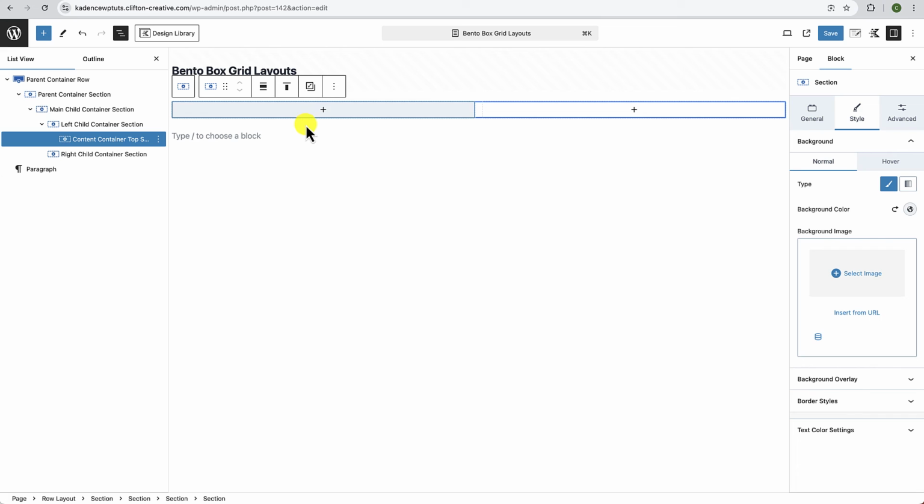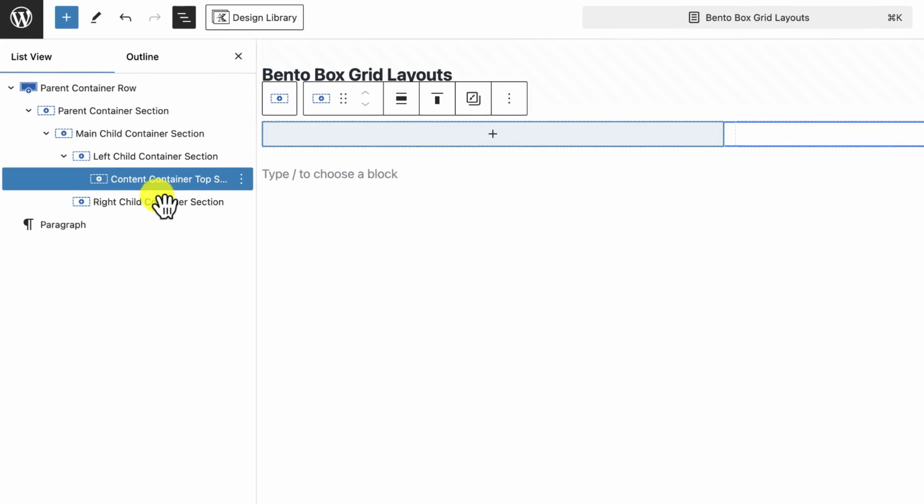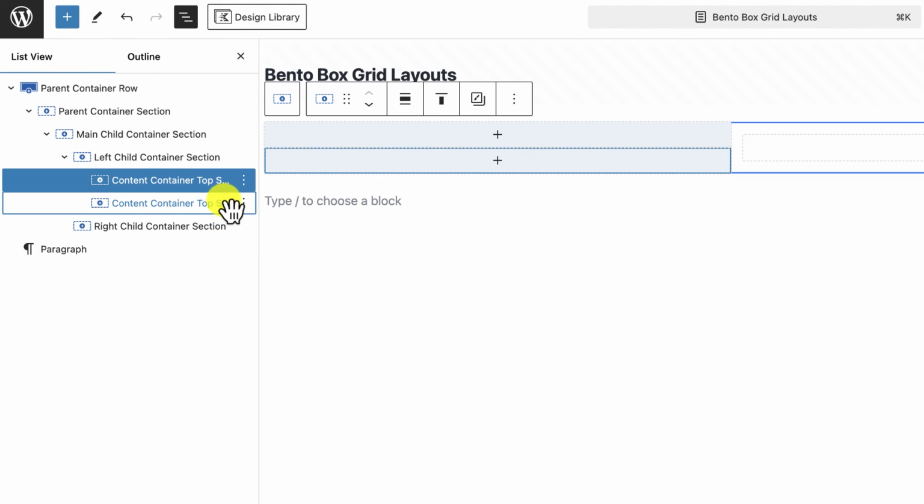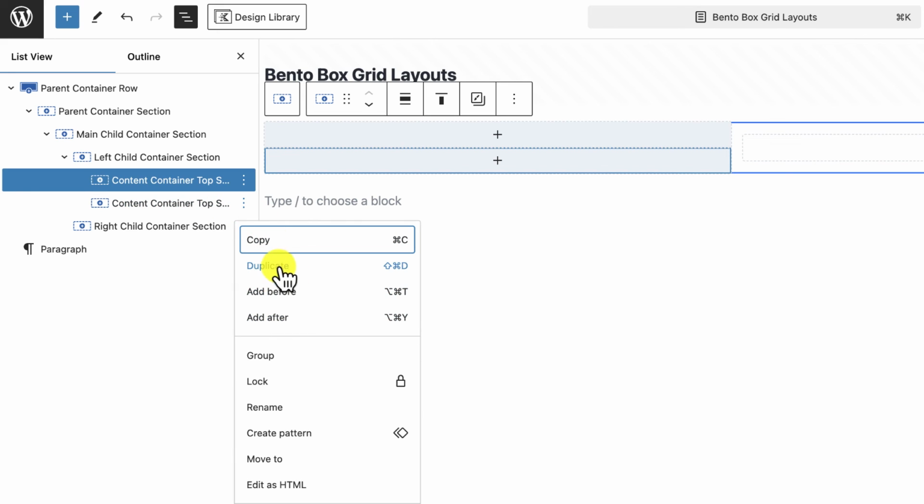Okay, so now we've taken care of our content container for the top. Now we want 2 additional sections below this one to start giving us that Bento Box Grid feel. So that means we're going to need 2 additional sections side by side. But in this case, because we're not using row layouts, we're going to need a parent section container that's going to hold those 2 side by side containers. So to speed this up, we're going to go ahead and just duplicate this content container top. So we will duplicate this one, and let's go ahead and rename this